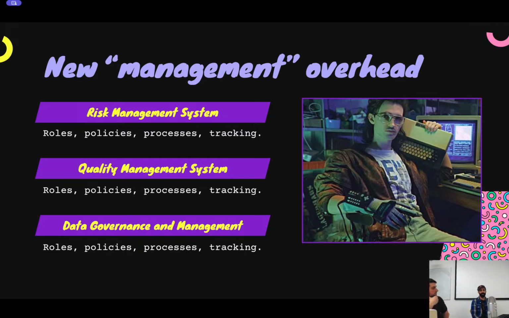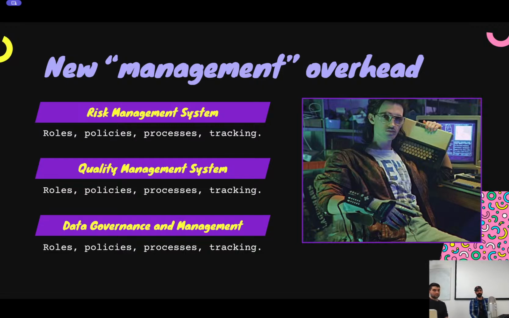At least 3 different kinds of systems that you may not have at all today. I think if you interviewed a lot of startups, for example, they would say that they just don't have these in place at all today. A risk management system, and that involves risk management roles, policy documents, creating processes, tracking things as they move through. This might be a risk management system that covers things beyond AI, or it might just cover AI, but you need to have it in place.